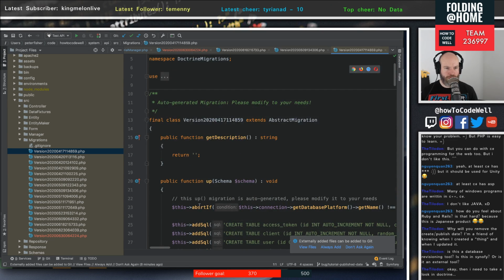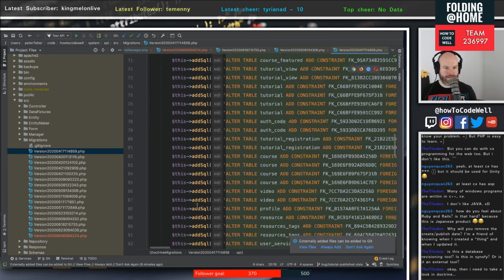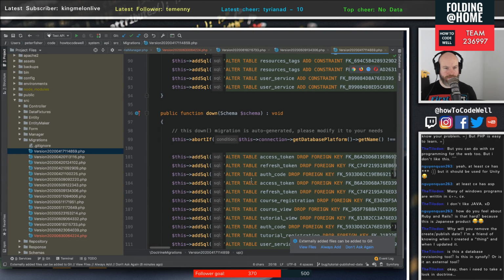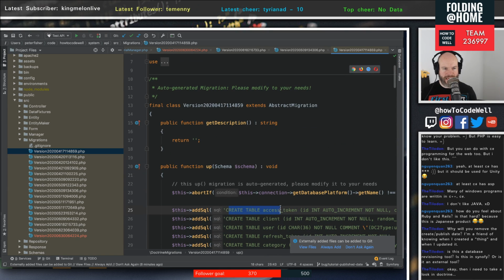So you've got an up here. So this is what happens when you do a migration up. So when you upgrade it to the next migration, this is what it will run. But if you need for any reason to roll back, it's doing exactly the same but in the opposite, right? So for example, let's go for the first one here. We're creating the table access token